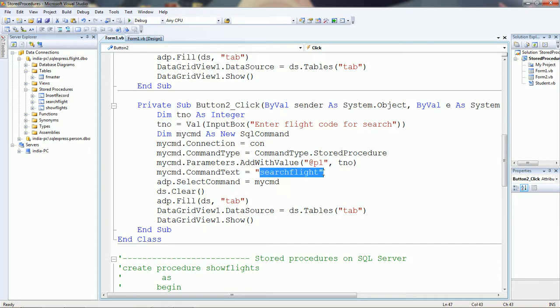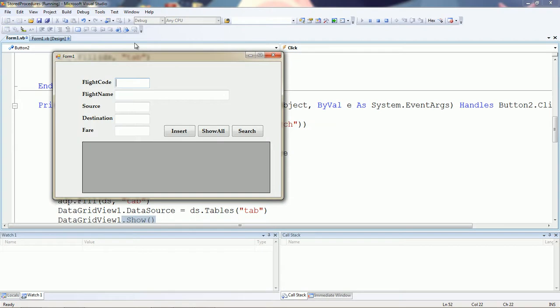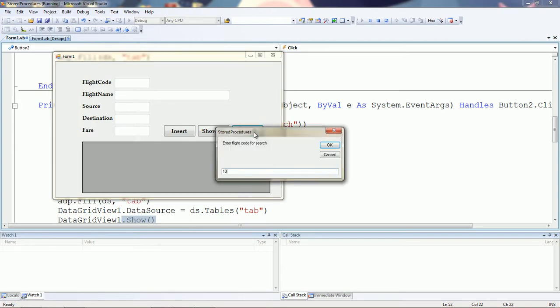Then call the procedure. This is known as procedure calling. Again, take an adapter, because this procedure also returns a record. Therefore, you have to fill that record with the help of the adapter in the dataset, and then set the data source to data grid view one. Suppose the flight code is 102.